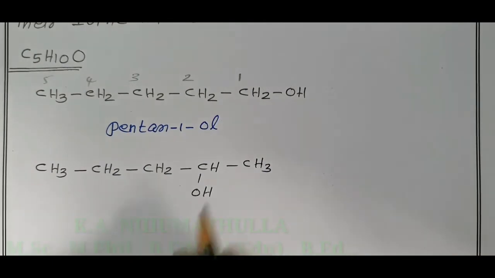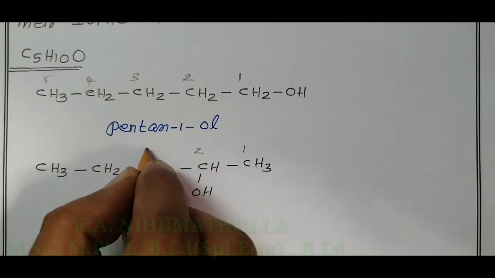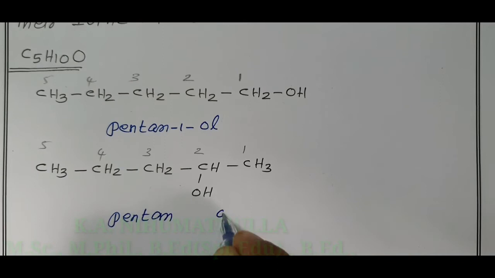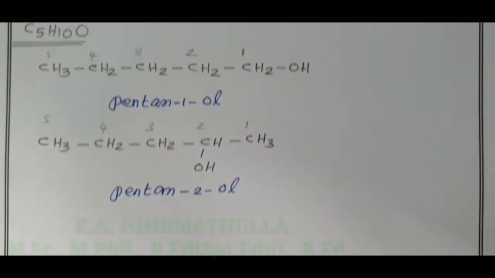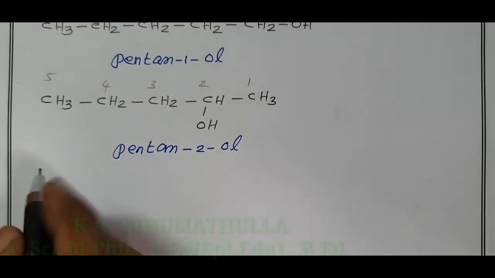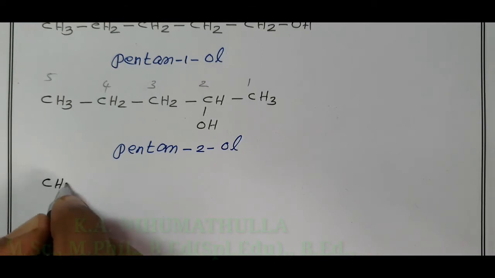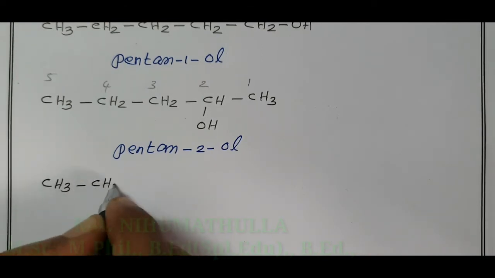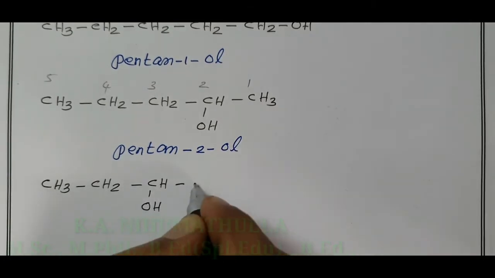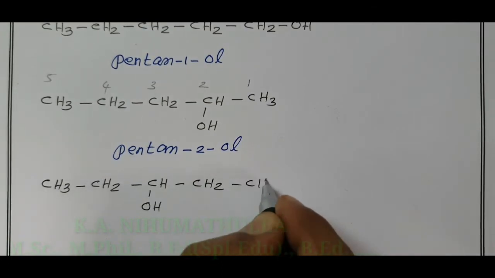When you give numbering from right to left, 1, 2, 3, 4, 5. 5 carbons, the root word we know is pent, carbon-carbon single bond ane, OH ol, position of OH is 2: pentan-2-ol. Again, change the position of OH by keeping the linear chain as such. CH3,